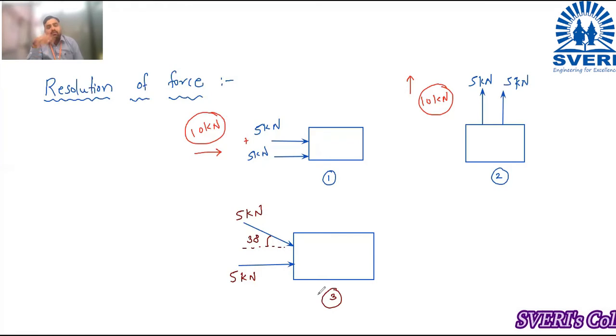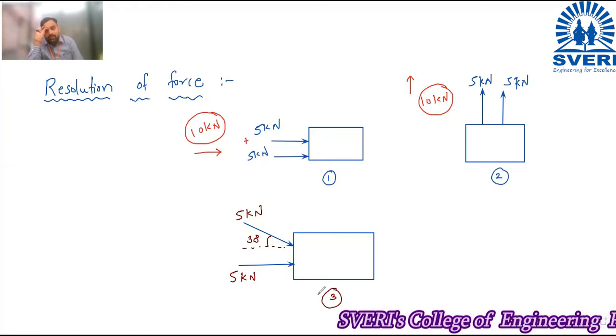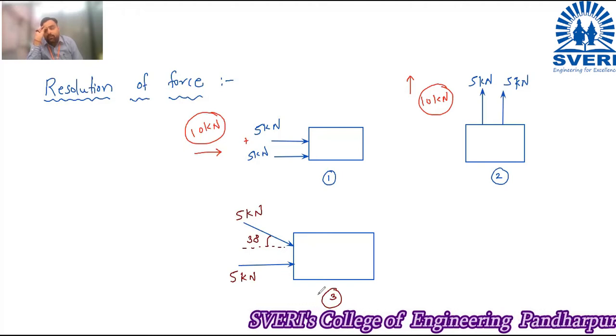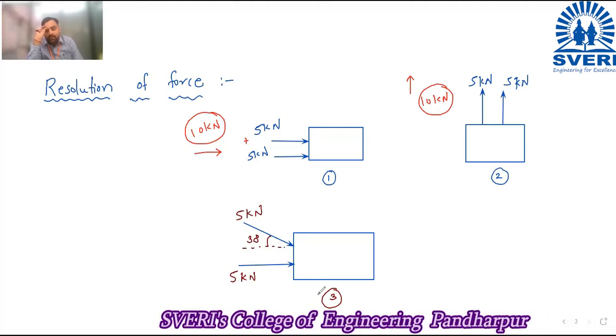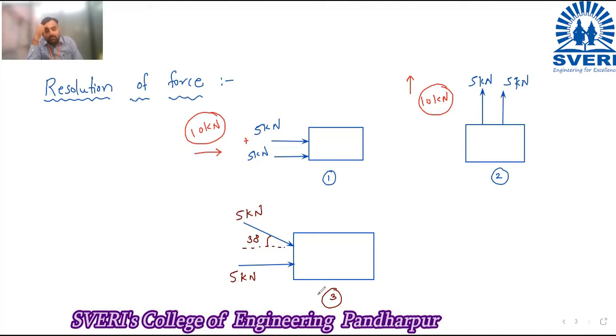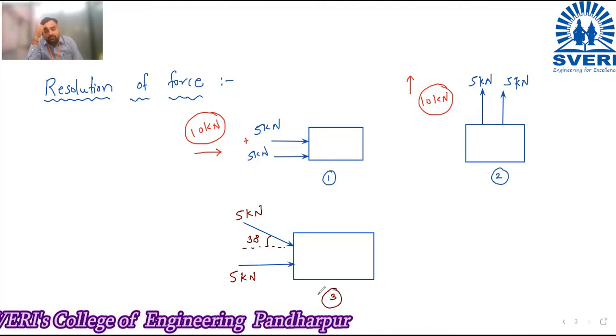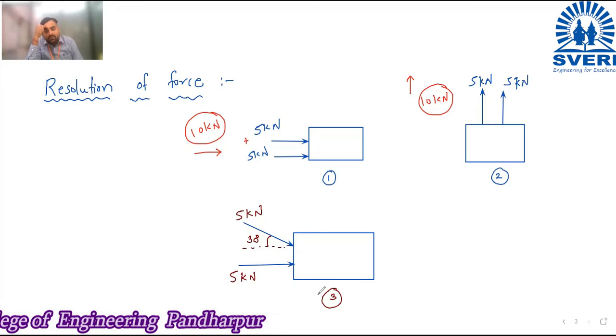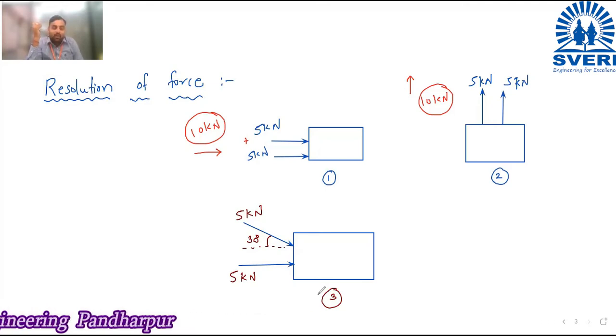Okay. Why is it not 10 kilonewton? काय प्रॉब्लेम आहे? वर तर तुम्ही ऍड केले की सरळ सरळ 5 + 5 10, इकडे पण 5 + 5 10 दोन्ही डायग्राम मध्ये. तिसऱ्यामध्ये का करत नाहीये मग? They are not in the same line.